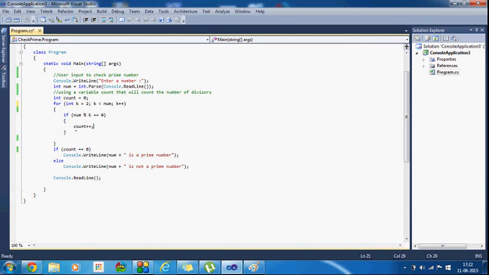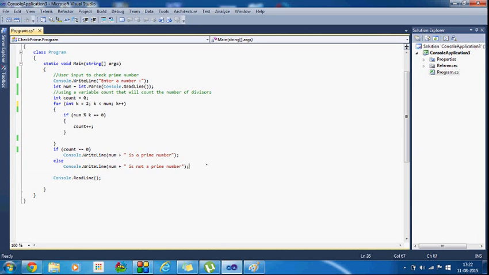Count was 1, now count plus plus means count will be 2. Similarly, till 14 this will execute, so for 15 count will not be 0 because it is increasing. So this part will not execute and the else part will execute.